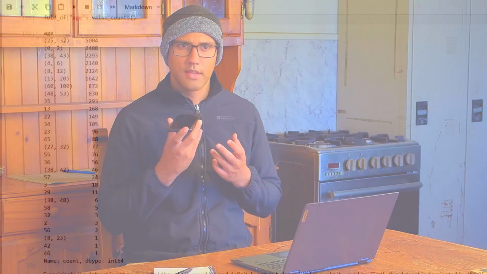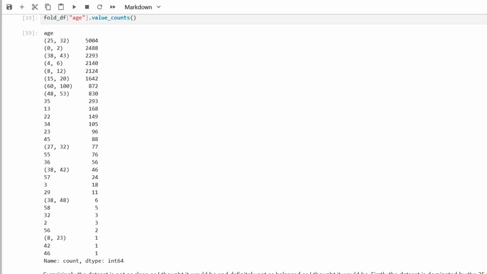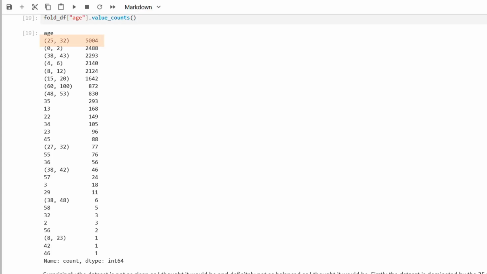Next, I wanted to verify the labels associated with these images, and I realized that the labels were all over the place. So specific buckets were provided, and then they also provided specific ages. So it was a bit confusing to understand the methodology that they had used to label this data set. The other thing I noticed was that the 25 to 32 age bracket was the dominant, and the 60 to 100 was the second weakest.